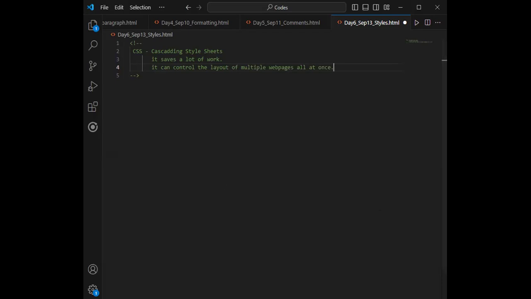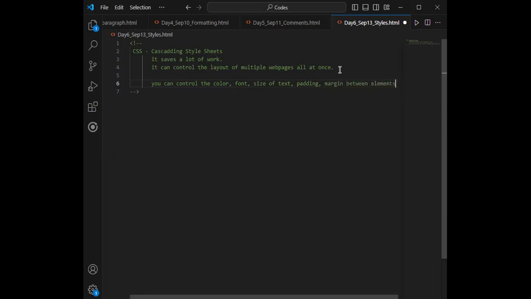So what is CSS? Basically, it's a cascading style sheet to format the layout of a web page. With CSS you can control the color, font, size of text, the padding, margin between the components, and then we can also control